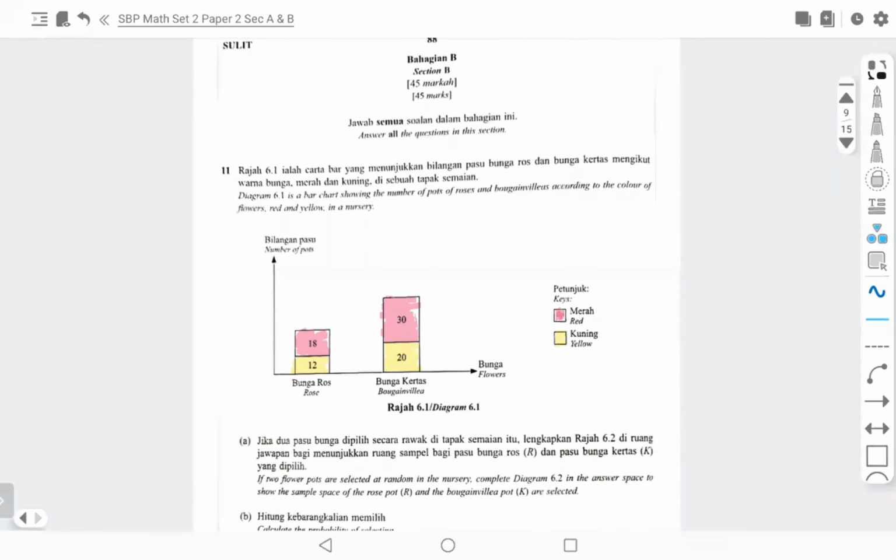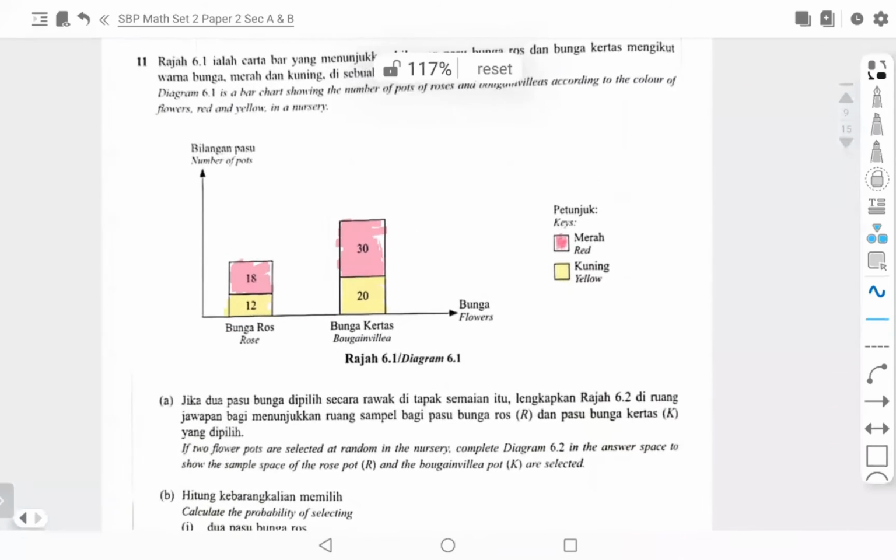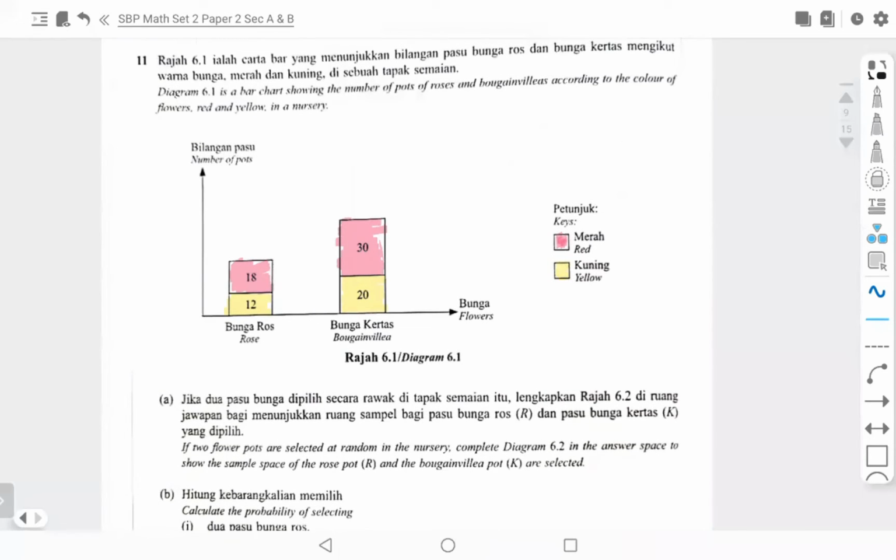Section B, question 11, probability. Okay, this is question 11. For probability, actually the solution is simple, but sometimes the question is confusing, so you have to read carefully. Question 11: diagram 6.1 is a bar chart showing the number of pots of roses and bougainvilleas, according to the color of flowers, red and yellow, in the nursery. So if 2 flower pots are selected at random,